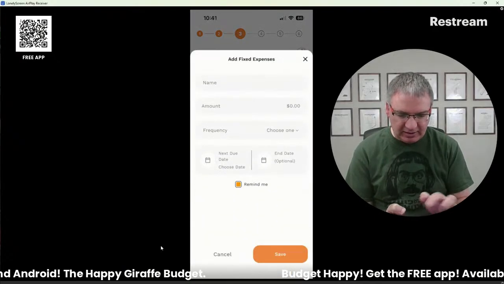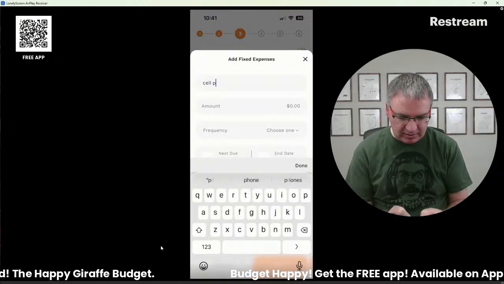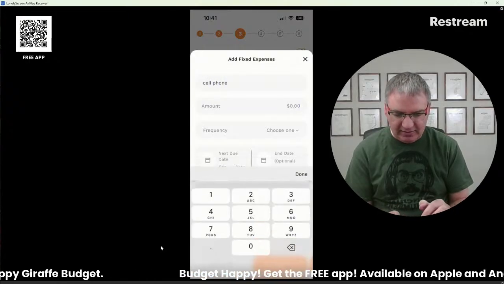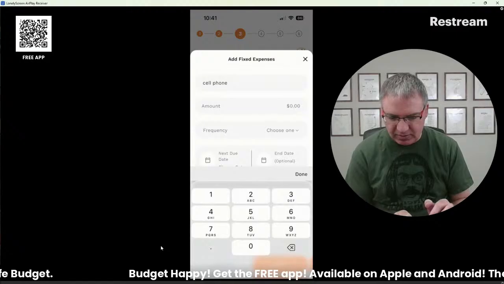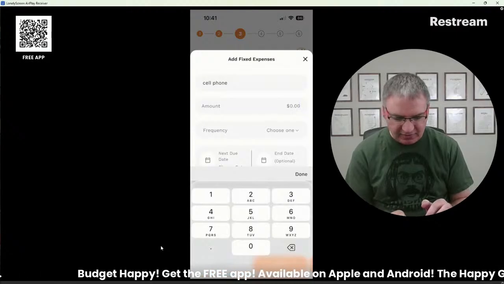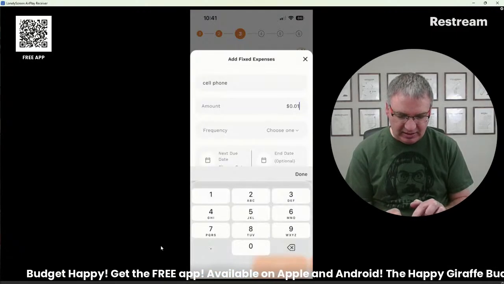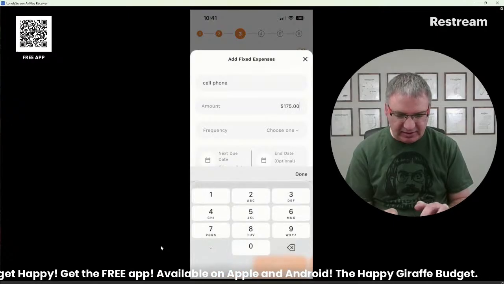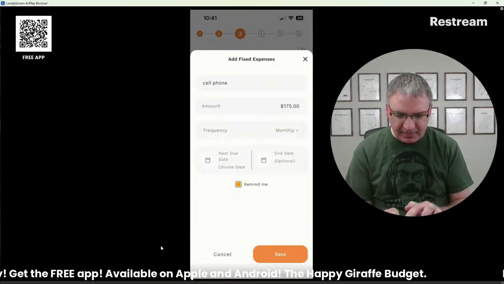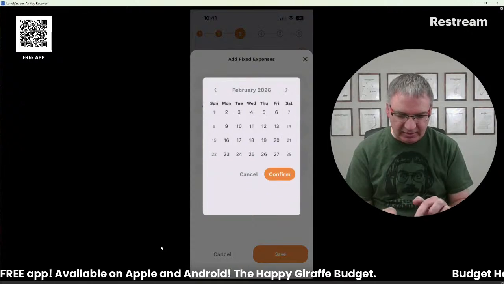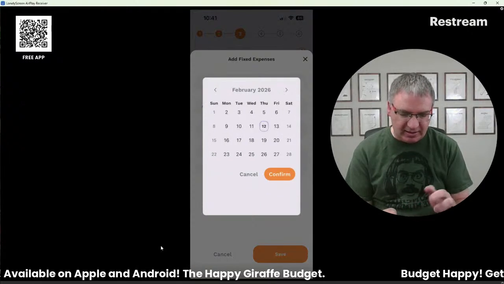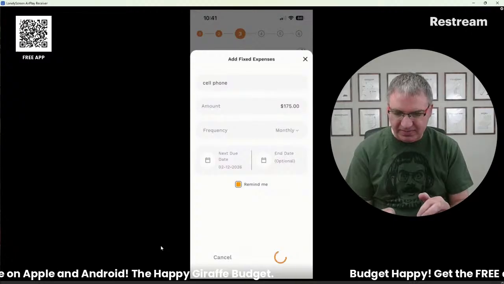And you got to have some kind of cell phone in there. And I don't know what cell phones would be for a family of 4. Let's go like 175. That sounds good. Yeah, that's monthly, and let's put that out somewhere. That can hit them on a random day, like the 12th.